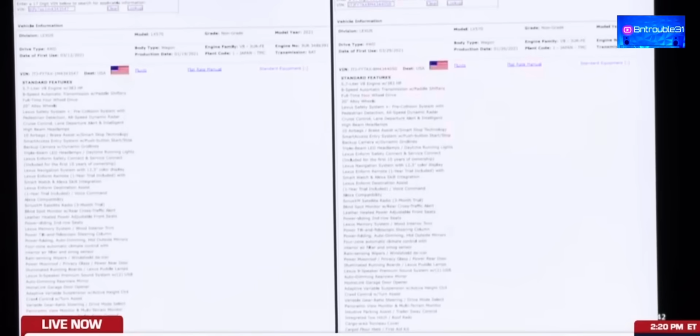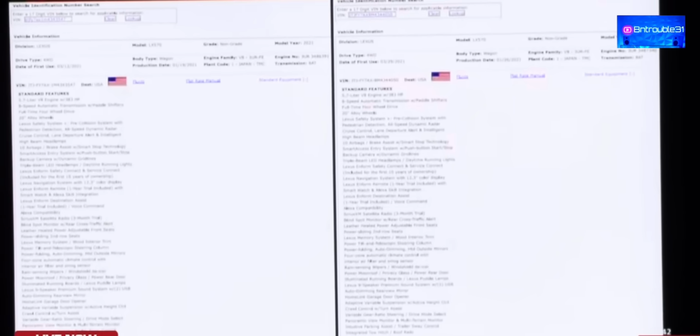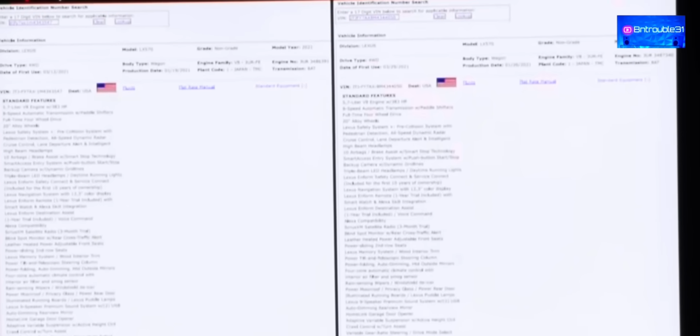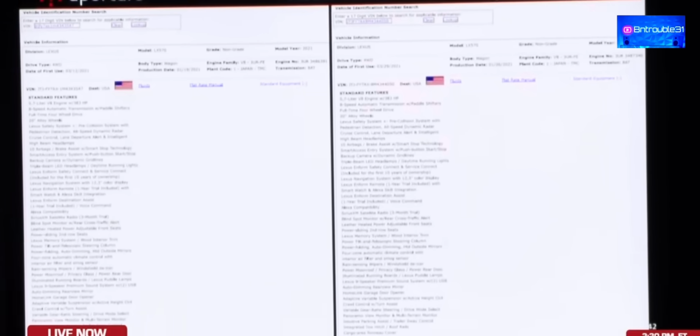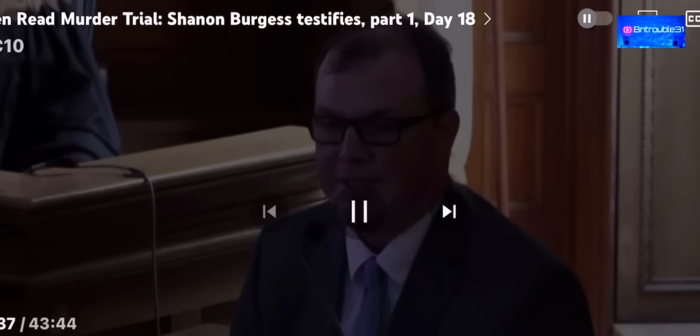Having an exemplar vehicle, you could take the data or modules from one vehicle, place them in the other, or actually take the data from one and copy it into the other. And you can make the data pretty much anything you want. Both chip sets, both modules are the exact same numbers. They're built only a few days apart. So an exemplar vehicle is a 2021 Lexus LX570 that is as close to the same trim and features that